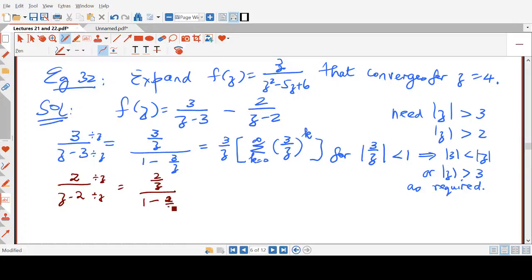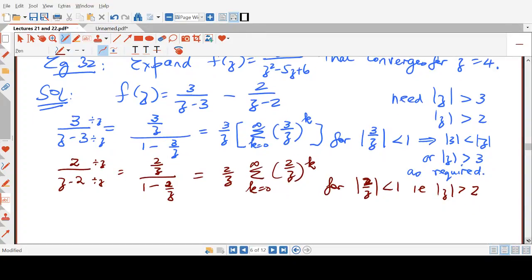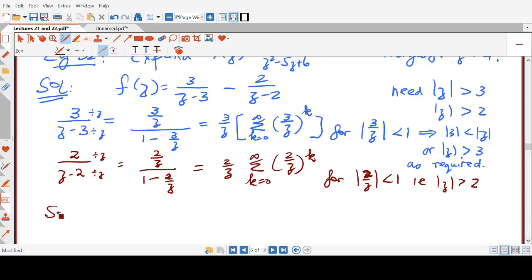So that is 2 over z sigma 2 over z to the power k, k equals 0 to infinity. And this is valid for 2 over z less than 1. That is z more than 2. So to conclude this part here, let me just write this last sentence,